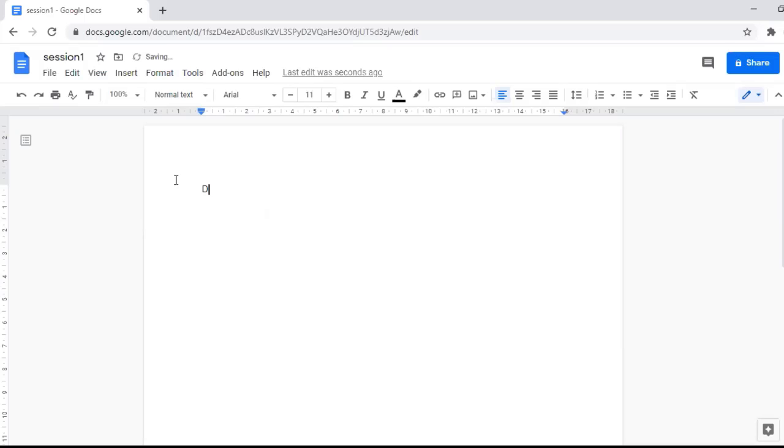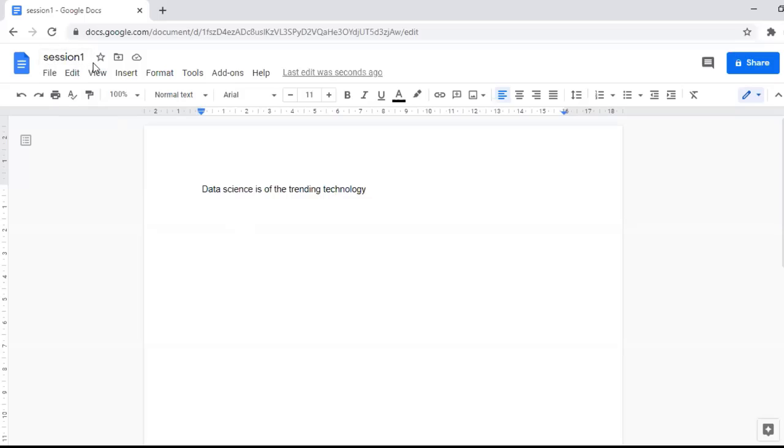So I'm typing, generally we can see data science is one of the trending technologies. You can see save to the drive. That means when we enter data, it is saved automatically, right? So that is about how the data is saved in the Google documents.